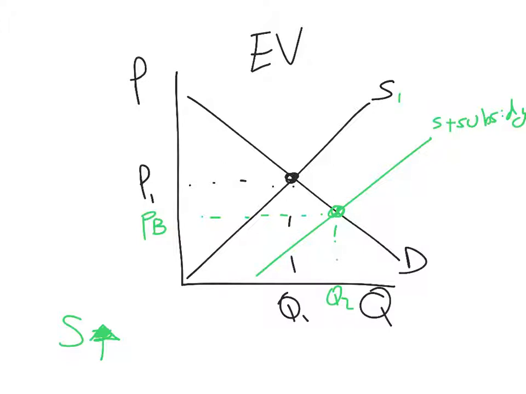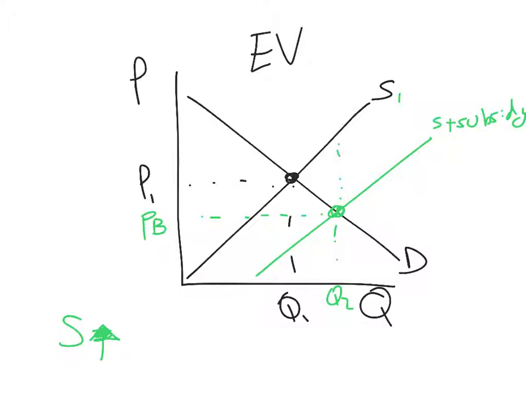However, the firms like subsidies because it's payments to them. So firms don't really like the lower prices. So the idea being that the buyers, just like in our tax graphs, the price the buyers pay is different than the price the sellers receive. In taxes, the buyers would pay the higher price and the sellers receive the lower price. But with a subsidy, the buyers pay the lower price, but the firms receive a higher price.